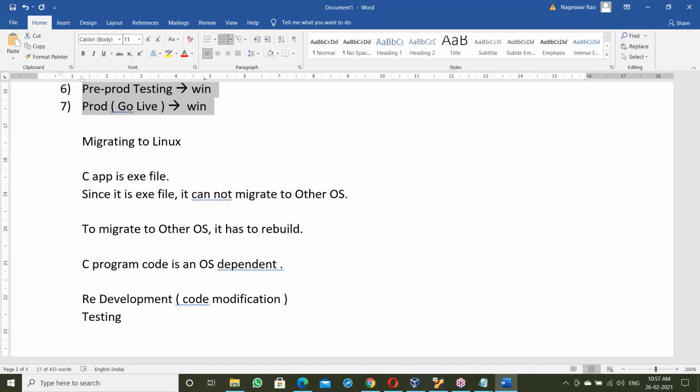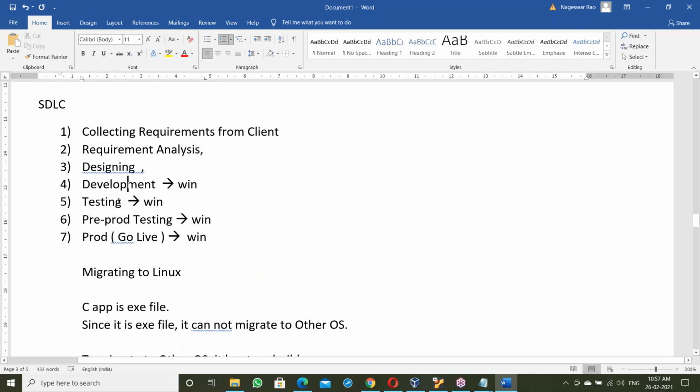Suppose the client is waiting for 9 months. What happens here? Loss of his actual business. This project is secondary, and waiting for the purpose of this project means loss of his own business. So during the 9 months of waiting there is actual business loss. Not only waiting, resources are required too: a second development resource, testing resources. All the resources are costly. So the migration process is costly and time-consuming.